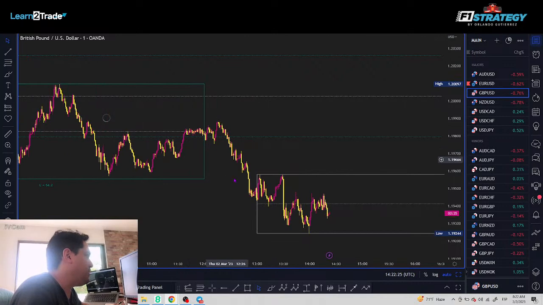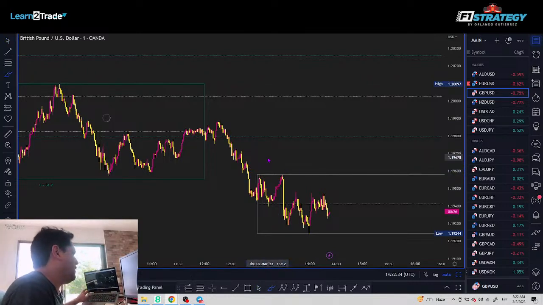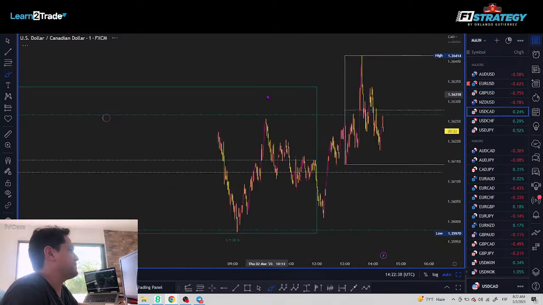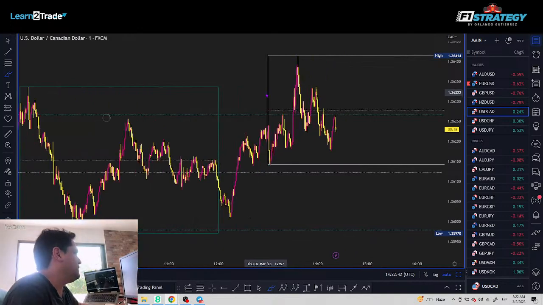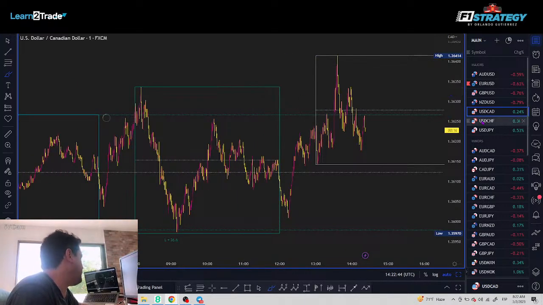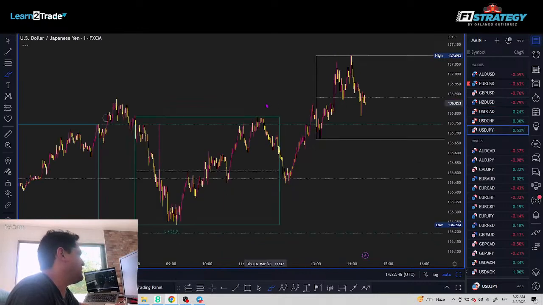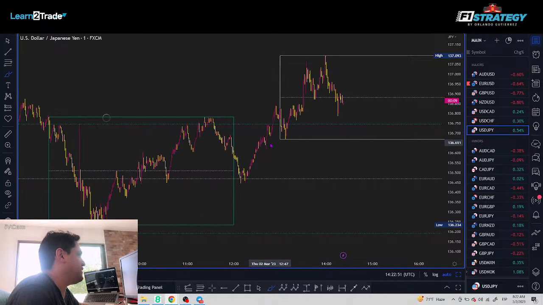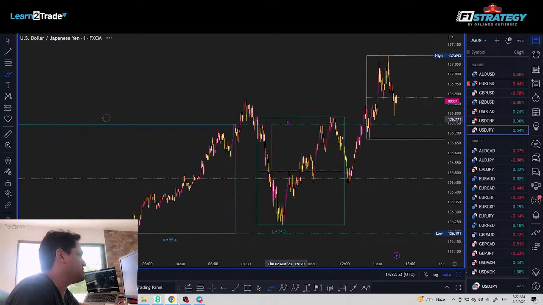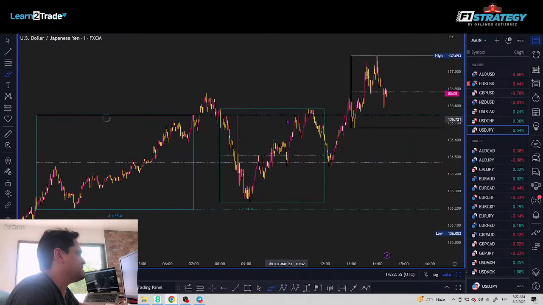Pre-market New York broke with the London session lows, creating liquidity right here. There's untapped liquidity. The setup is much clearer on the Euro USD though. The US dollar Canadian dollar is too choppy in my opinion. The USD Japanese yen could in fact be a very good dip buy on the US dollar, given the fact that